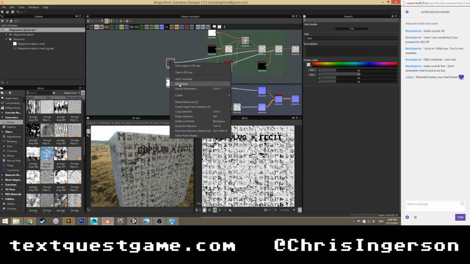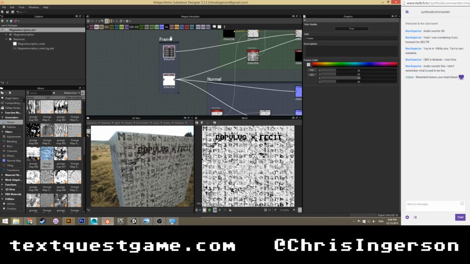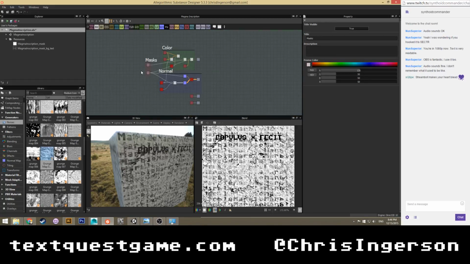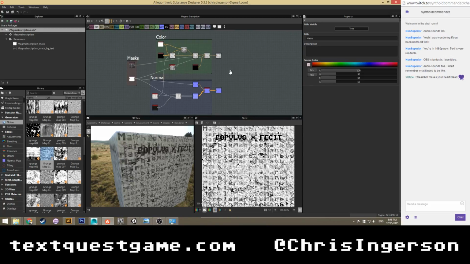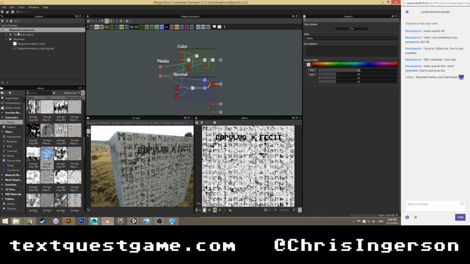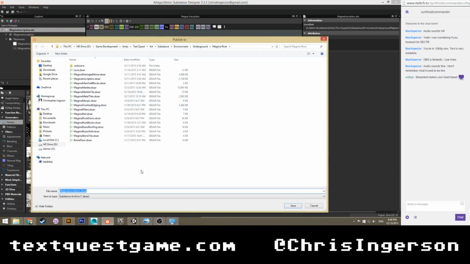Mark these two guys as masks. Make them red. All right, got our main areas. Nice. Actually, I probably should make that. There. All right, so now we can go ahead and export that again. Hit save.